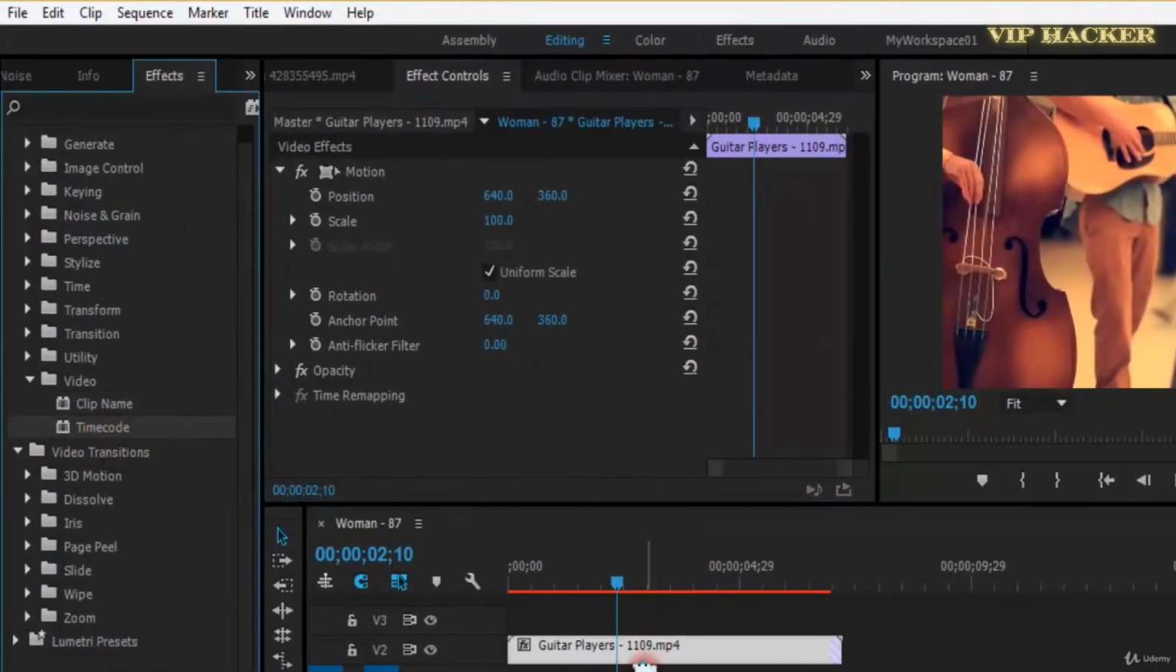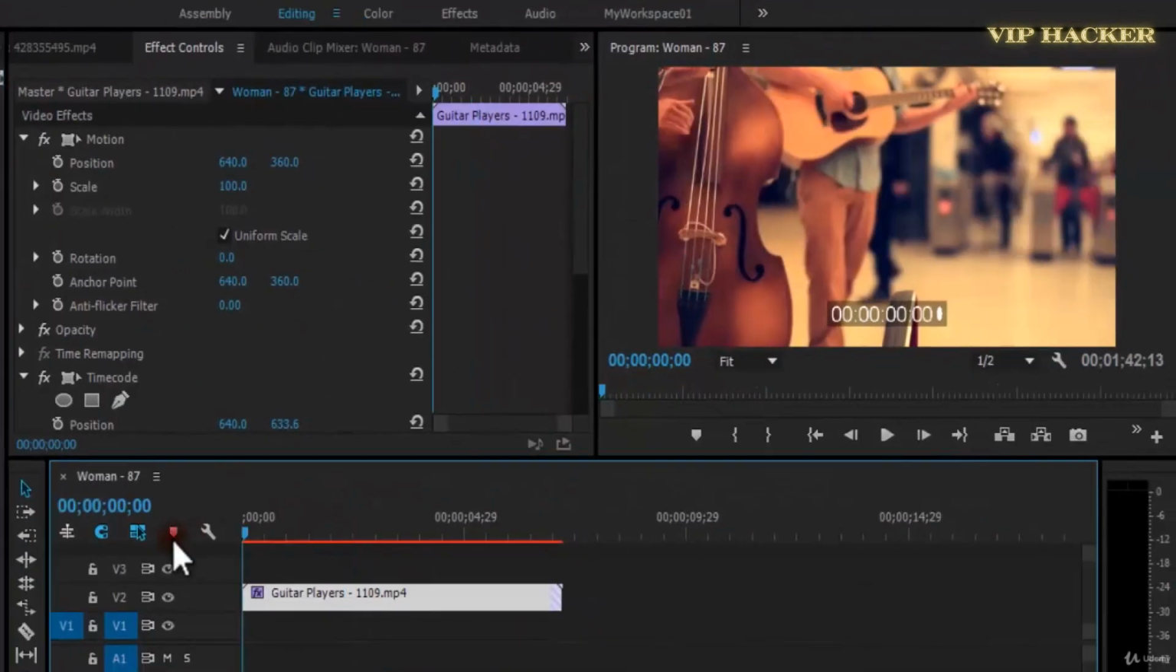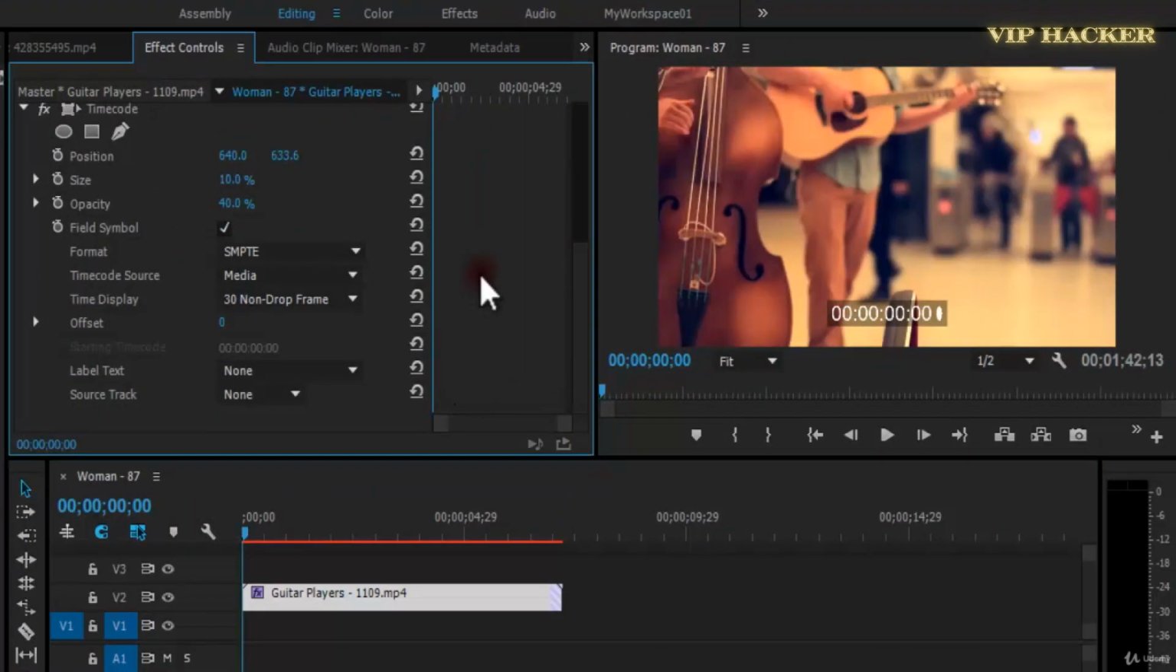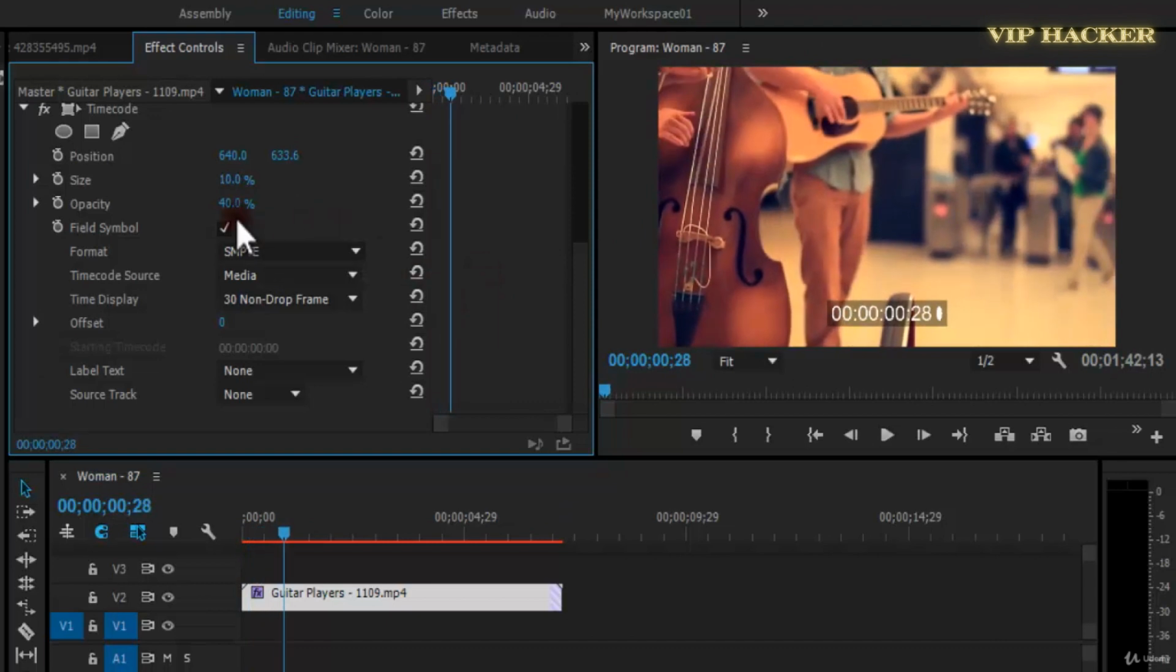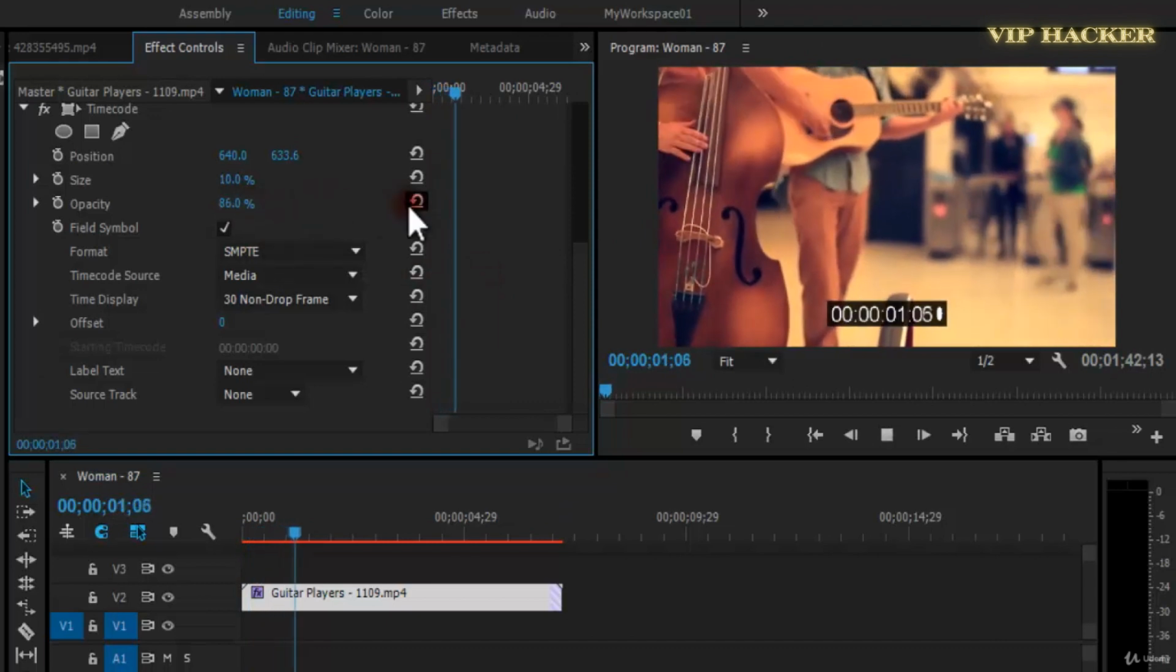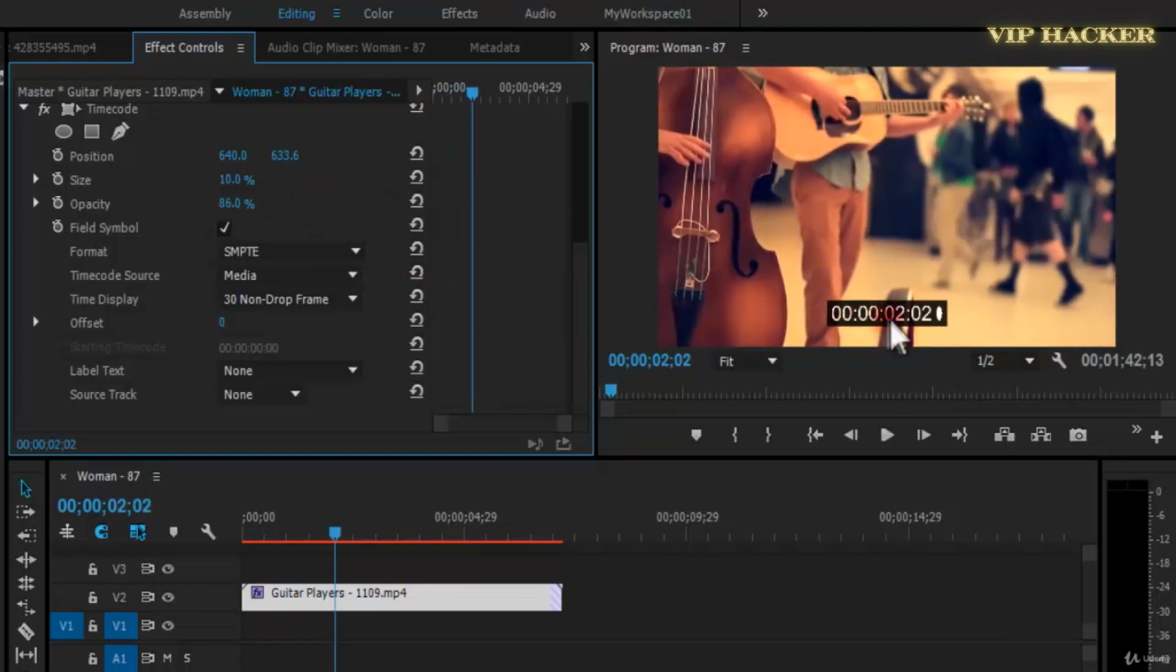The next is time code, which is much obvious by its name. It displays the time along with its hours, minutes, seconds, and frames. This is again the position, this is the size, this is the opacity, this is field symbol,